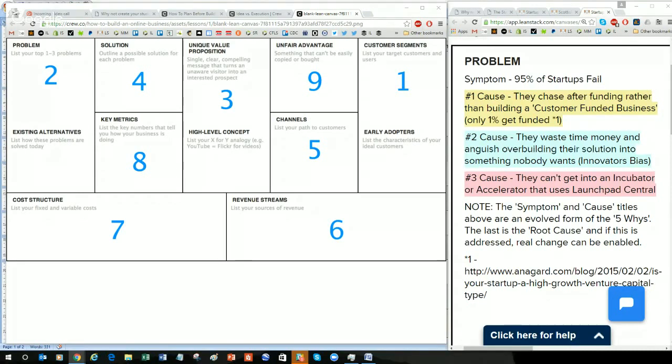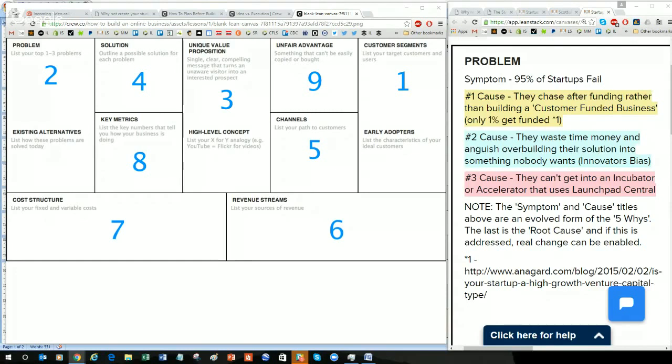So what Ash Maurya recommends is that you take 20 minutes to complete your Lean Canvas, and this is something that we suggest you do in the resource we've built for the student startup race. We're going to signpost you, give you links so you can open up your own free account with the Lean Canvas. And so the idea is you put your customers here, your problems they have, and outline a solution for them. Now, the reason this box is small is because it's to prevent entrepreneurs from falling in love with the solution and building something nobody wants.